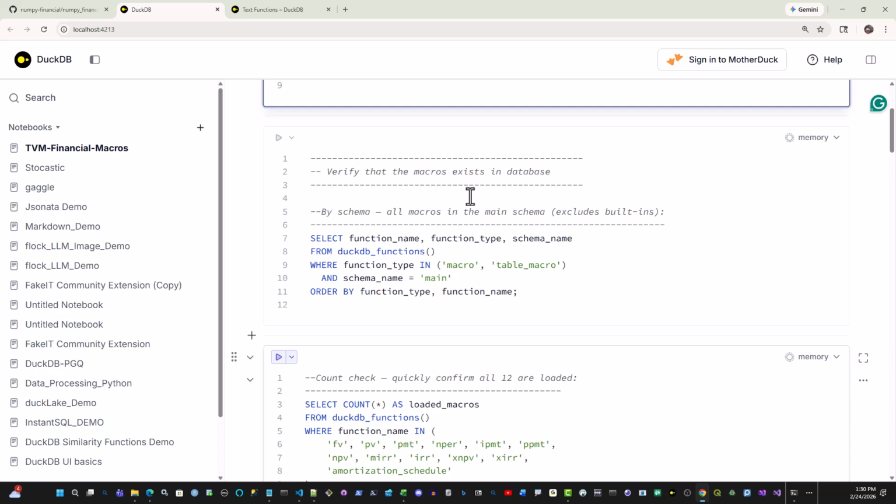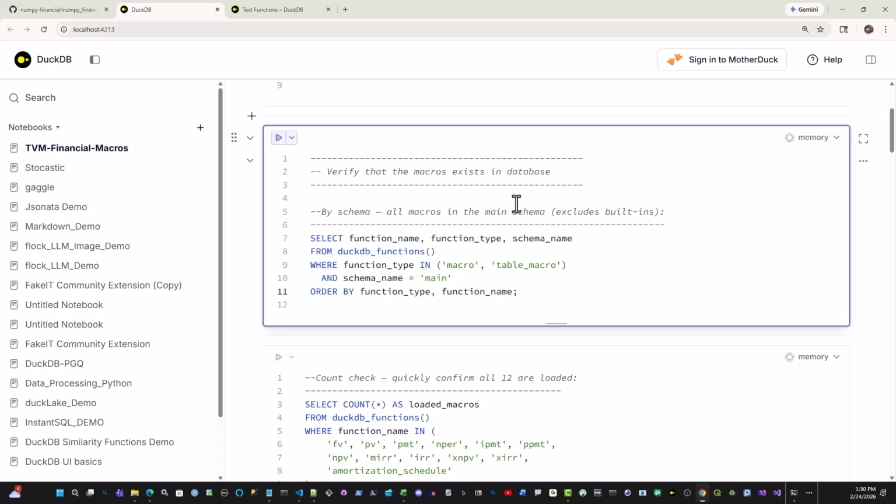Okay, so the first thing we want to do is verify that, because we opened this notebook but we loaded the macros into that memory, we have to make sure we're pointing to memory here because we haven't attached any database yet. So what I want to do is see if those macros are actually in there. And you can use this DuckDB functions query here, meaning the function, and select from it to find out